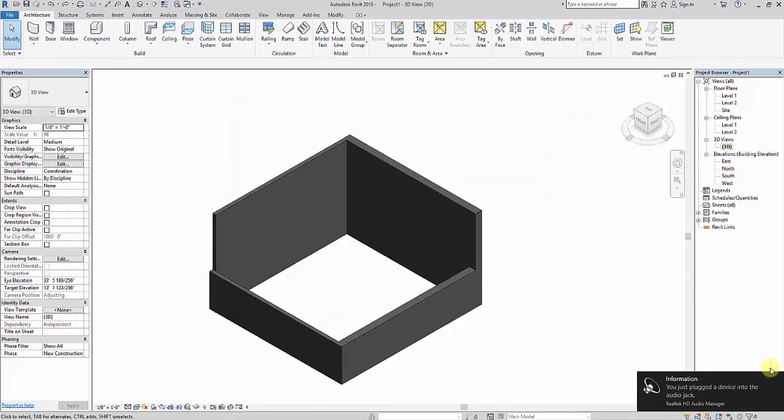So this was all about placing walls, how to change the thickness of the wall and how to change the height of the wall in Revit. In the next classes we will be seeing how to place a plan by importing an AutoCAD file, or by placing my plan manually by myself.